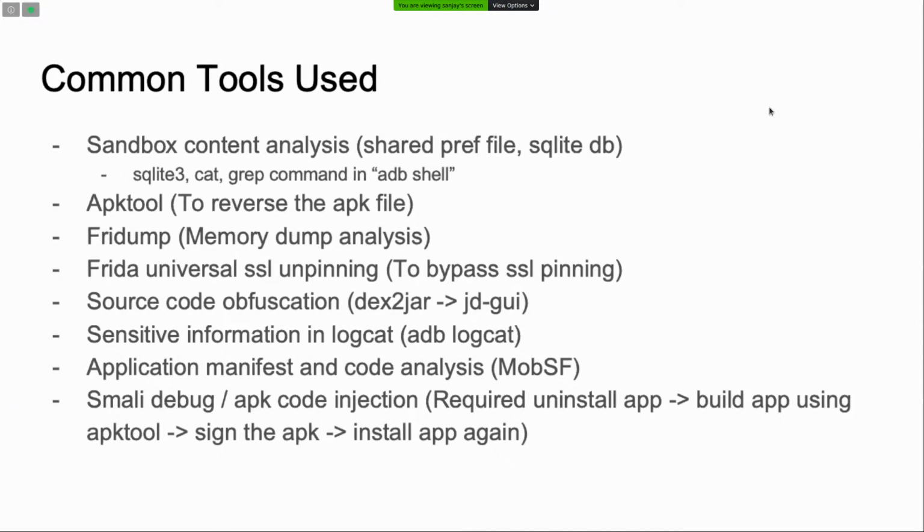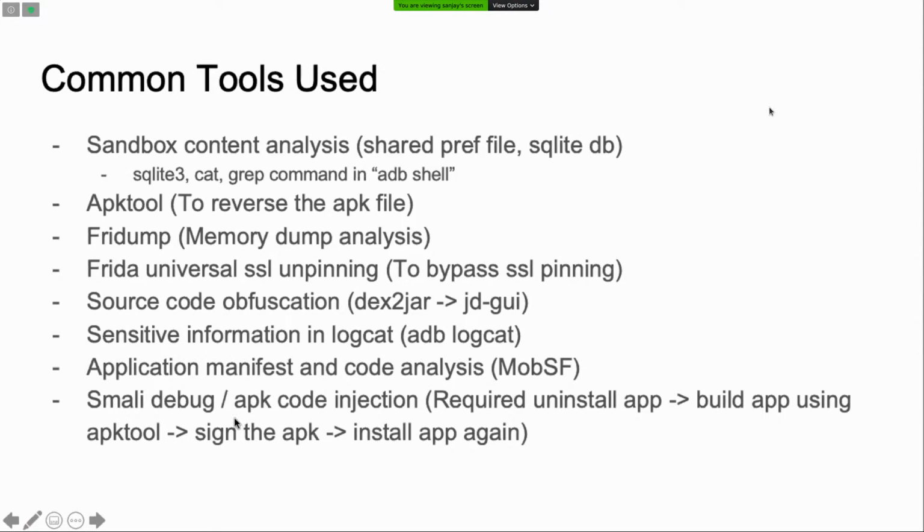MobSF is a pretty handy tool which basically analyzes the whole APK file and checks for multiple issues like the manifest file, and if any vulnerable library is used inside the APK, it will show that result.